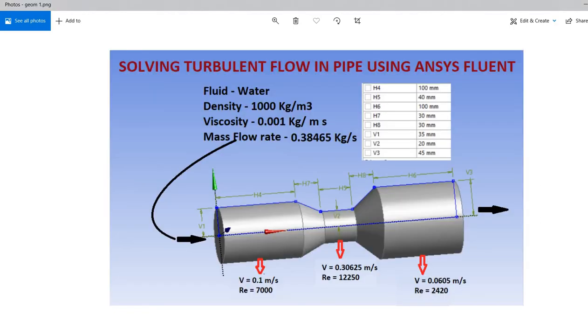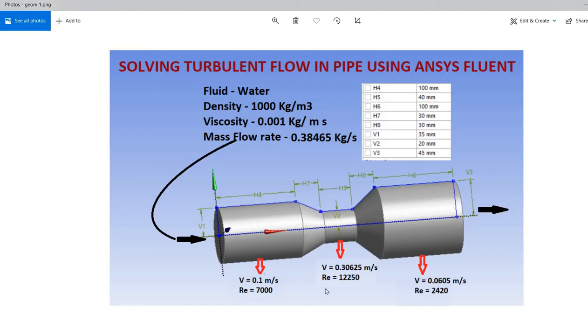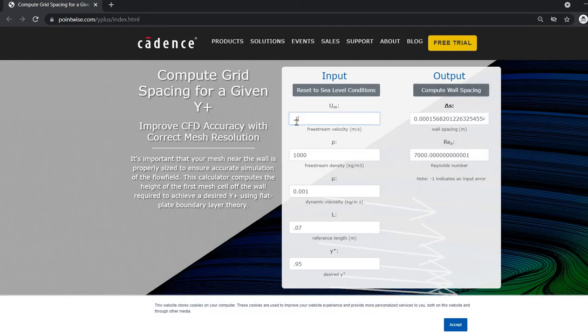So in the first section, the Reynolds number is 7000 and velocity is 0.1. Here we have a first cell height of 0.15 mm. Moving on to the second section, we have a velocity of 0.30625 meter per second and a Reynolds number of 12,250. So we have to check that also.